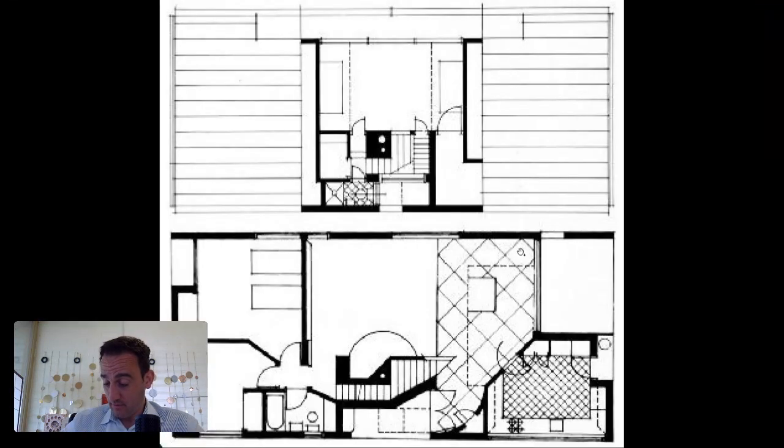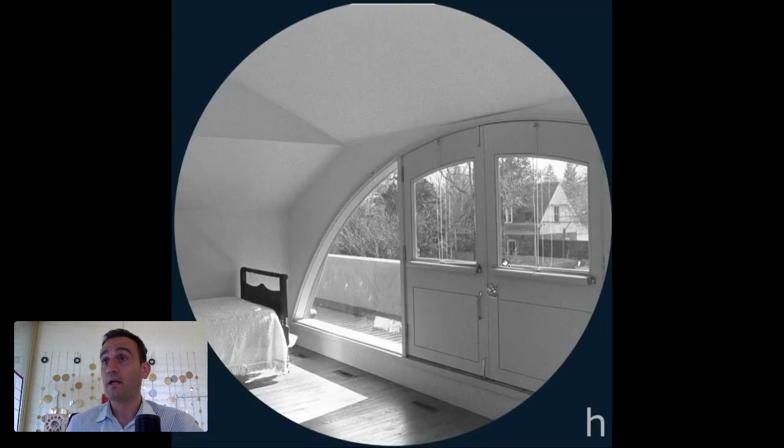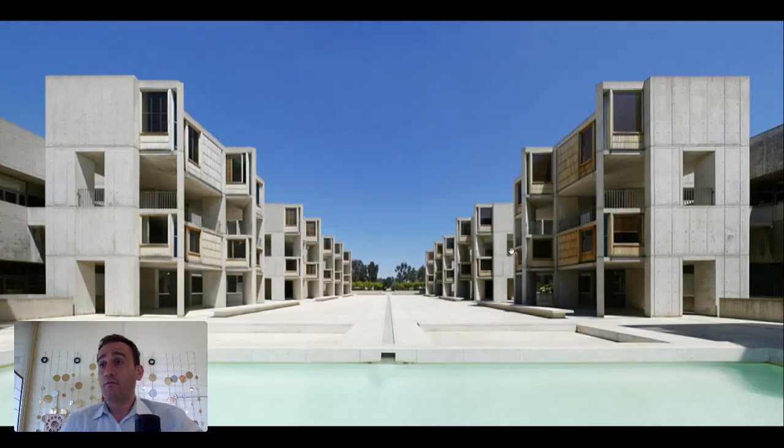Okay, Sharoon we covered. Venturi we've now covered. Fireplace, stair, scale, refinement, symmetry, asymmetry, complex. So Complexity and Contradiction was written in 1960. The house was completed in '64. Okay, from Bob Venturi, we move to